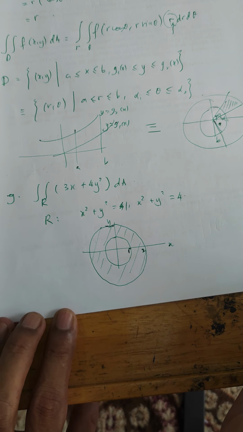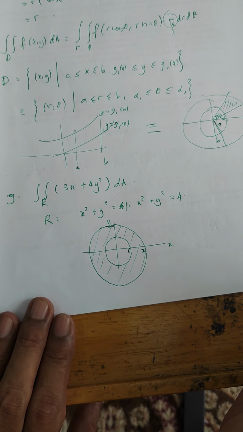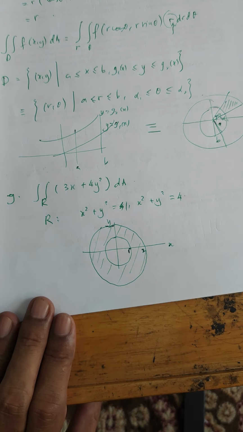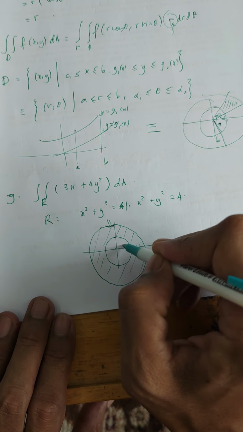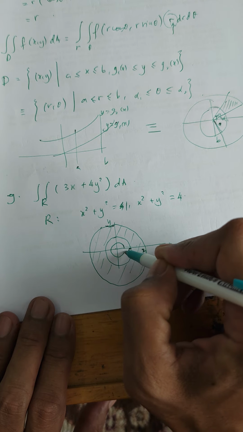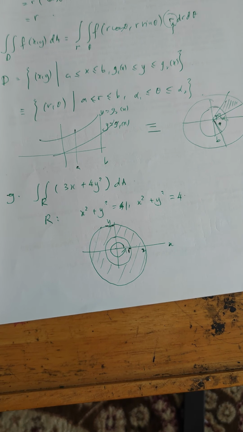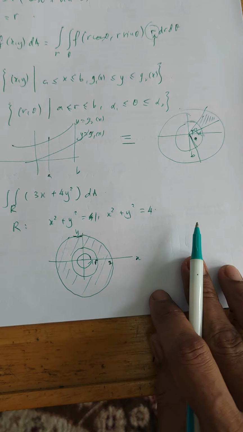Remember that the angle we measure from the positive x-axis counterclockwise. So the angle is from 0 at the x-axis, counterclockwise, back again to the x-axis, so we get 2 pi. And the radius is from 1 to 2, so the integral becomes